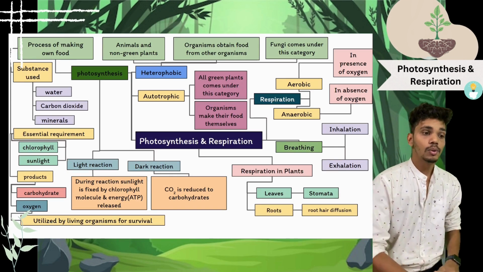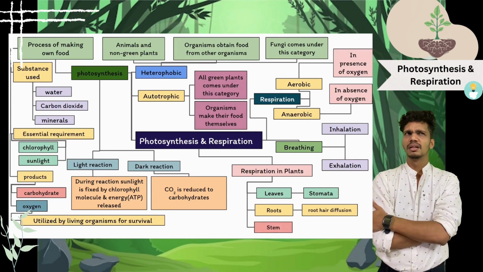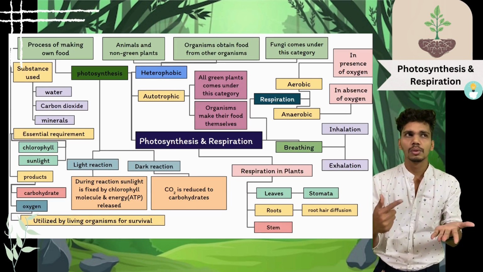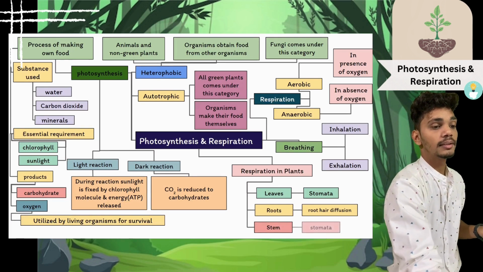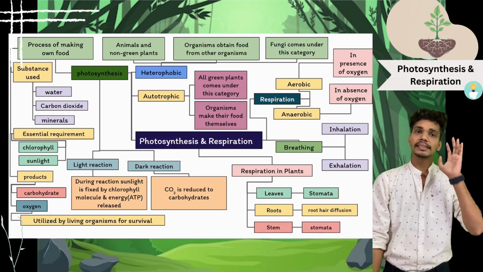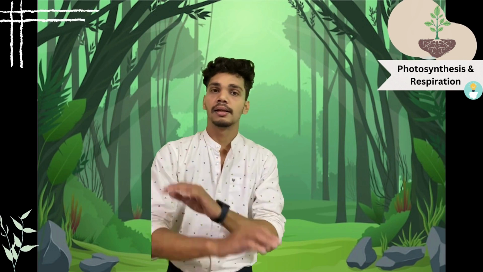Yes. Now, root hair is responsible for diffusion, and last, the stem. Stems are green in color, so they will have chlorophyll too. And one more structure present is the stomata. So on the stem there are stomata also present. So we have covered photosynthesis and respiration like this. We talked about what photosynthesis is, we talked about respiration, we talked about all the factors responsible